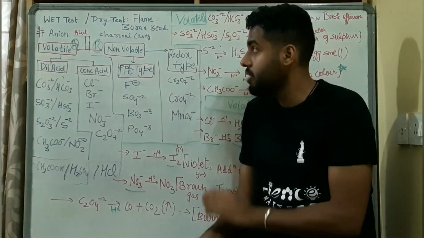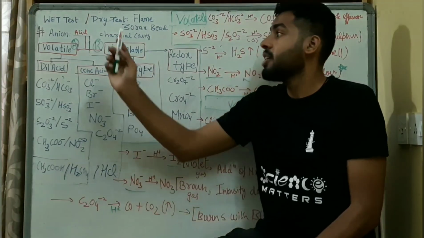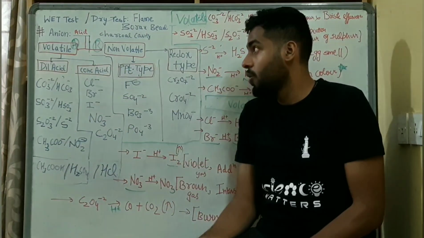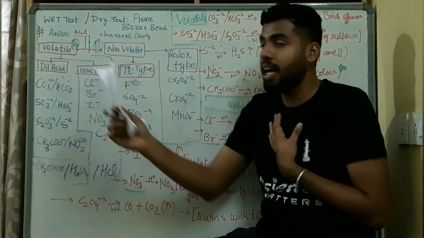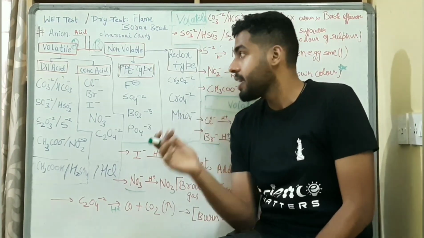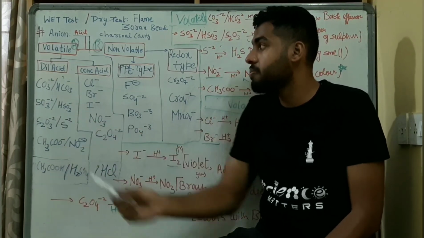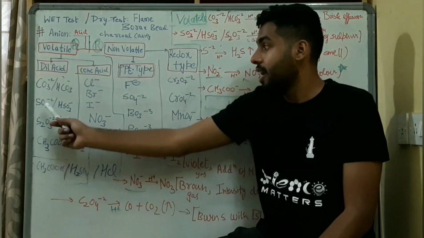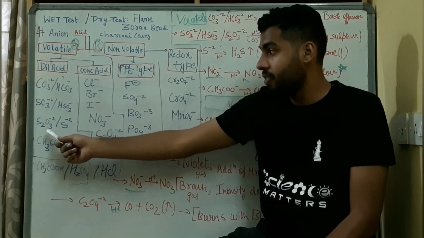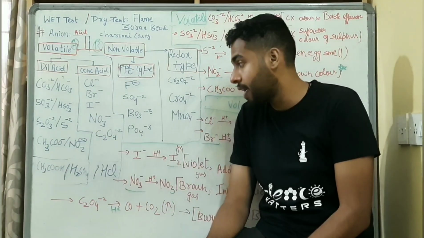If you add acid to your compound, there are two possibilities. This can yield a volatile product, or this can yield a non-volatile product, right? In the volatile case, you add a dilute acid to your compound. If it gives a volatile product, it can be these acid radicals. What are these? Carbonate, CO3 2-, bicarbonate, HCO3-, sulfite, SO3 2-, bisulfite, HSO3-, thiosulfate, S2O3 2-, and S2- is sulfide,